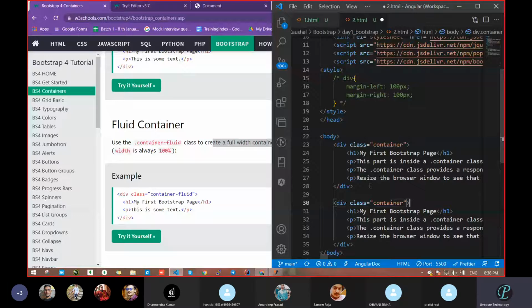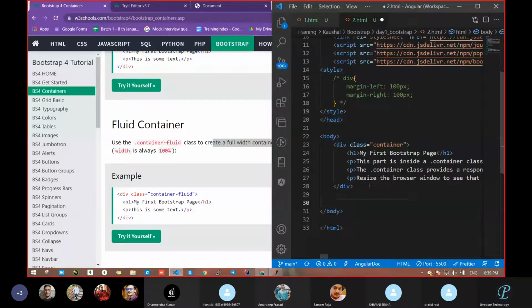I will show you the shortcut for writing the div with a class: dot container, div dot container. I think this way. Did you get this directly?